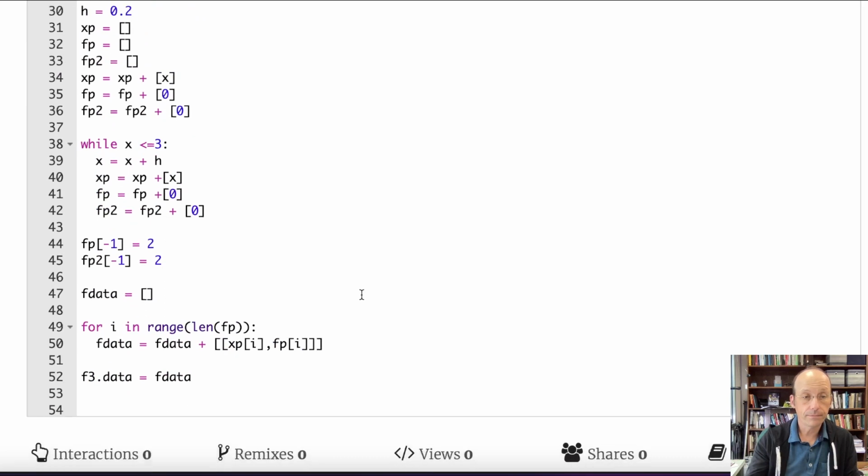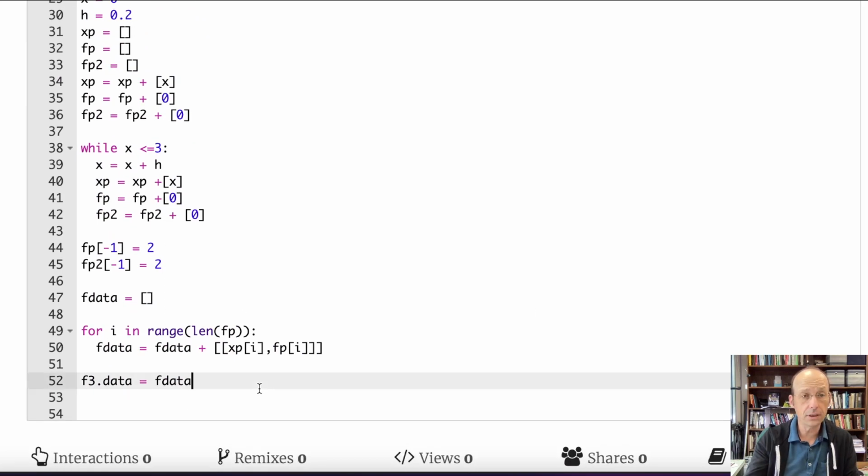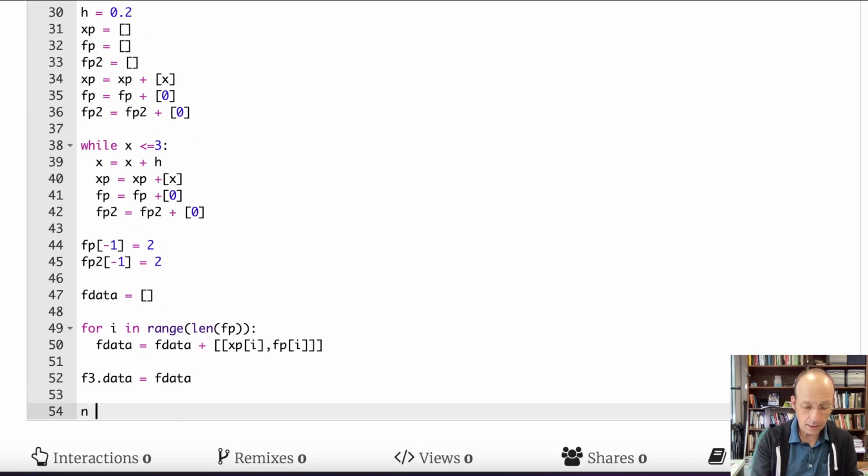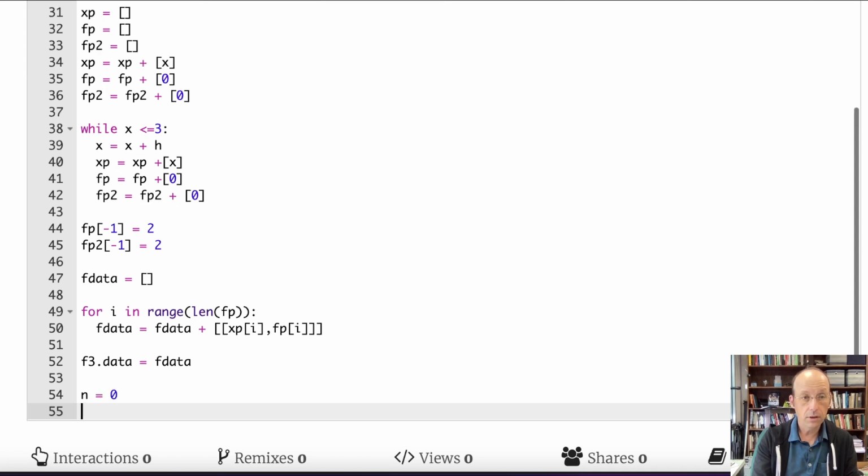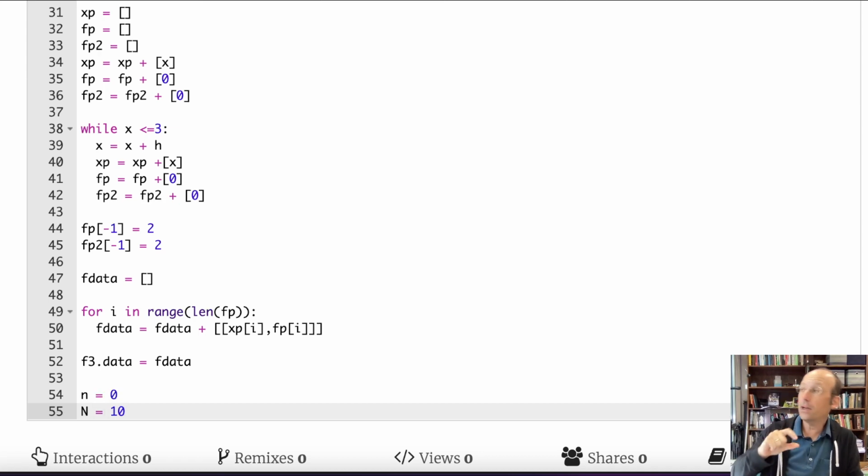Here we go. So the first thing I'm going to do is this: N equals 0, N equals 10. Capital N is the number of times I'm going to go through this list and change it, and lowercase n is my counter, so that way I can just keep track. There's more than one way to do this, but this is the way I do it, and I'm fine with that.